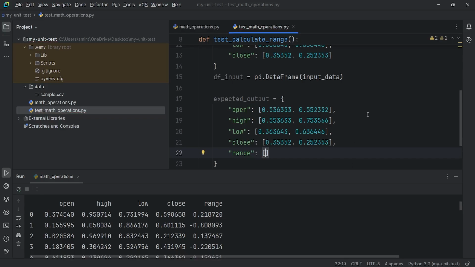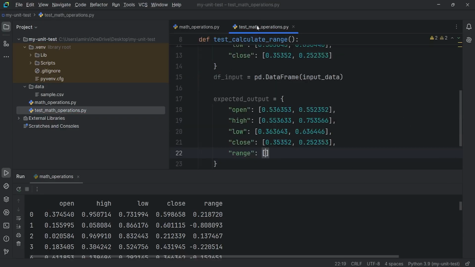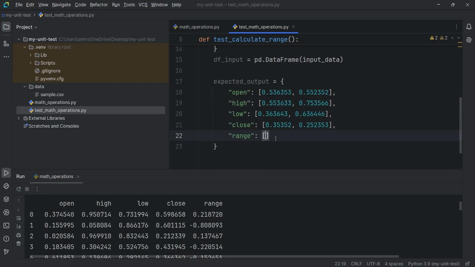And now this range is based on, if you look here, high minus low. So if you subtract this high 0.55363 minus this 0.3643, you should get 0.18999, and when you subtract 0.753566 minus 0.636446, you should get 0.1171. So this is what we should get, and we will write the expected output here,